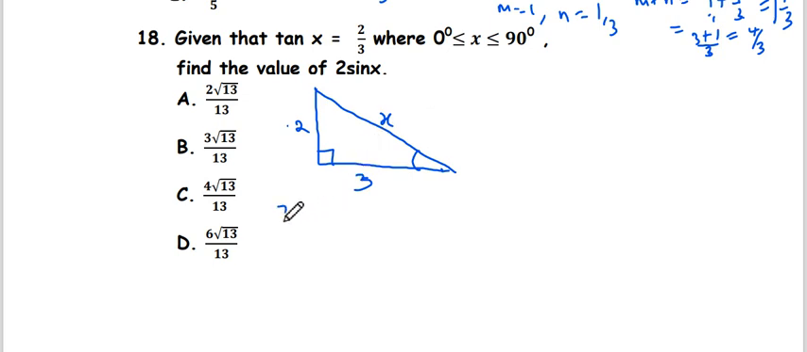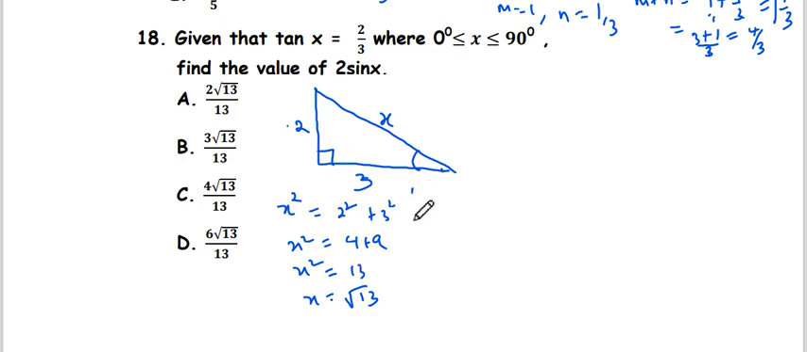To get this third side, we use Pythagoras theorem. That's s squared is equal to 2 squared plus 3 squared. So s squared is equal to 4 plus 9. s squared is equal to 13. So s is square root of 13. So 2 sin x, so this s is √13. 2 sin x will be